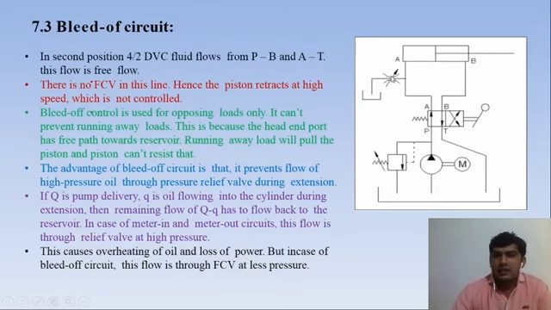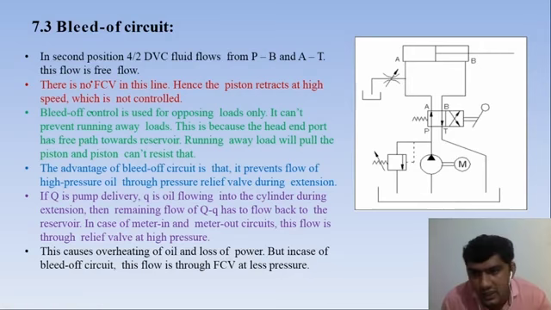Similarly, we can also control the hydraulic speed circuit for retraction. Here is the retraction diagram. This is the extension, but this can be shifted to the right hand side, so it becomes the retraction diagram. Retraction means we are using the exhaust fluid control for controlling the hydraulic cylinder speed. So it's called the bleed off circuit.